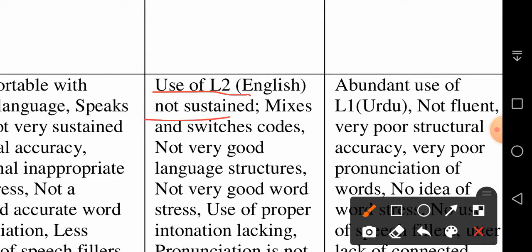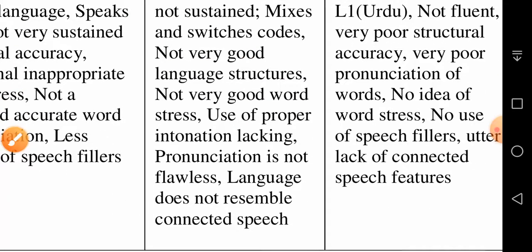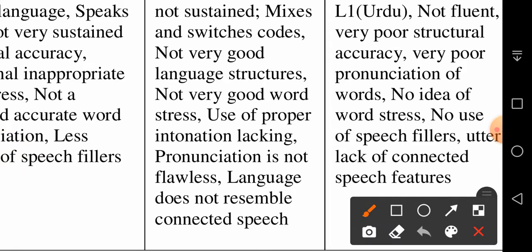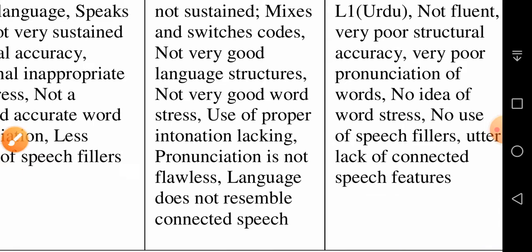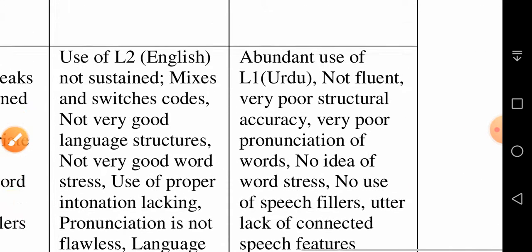You are not using English throughout the presentation. You mix and switch code, not very good language structures, not very good word stress, etc. Use of improper intonation and pronunciation. Your pronunciation is not flawless. Language does not resemble connected speech, so you will be given fewer marks.